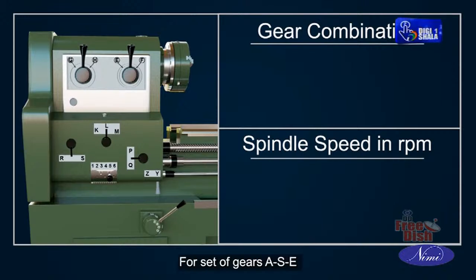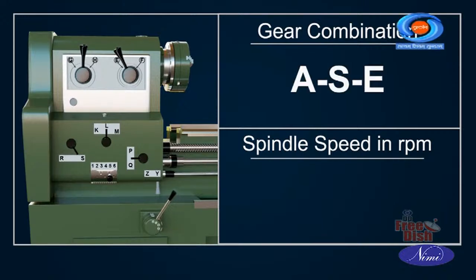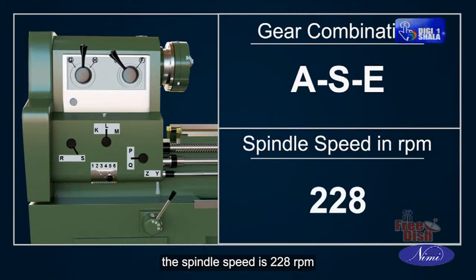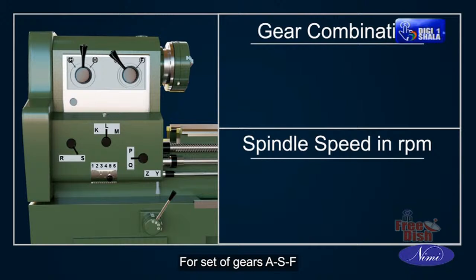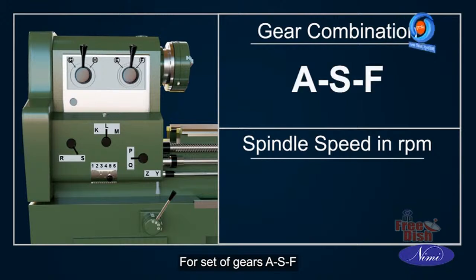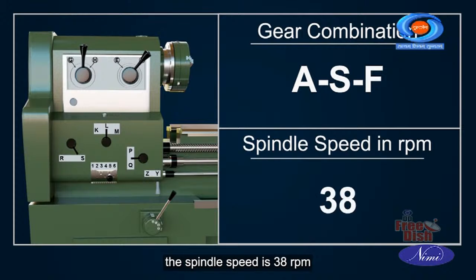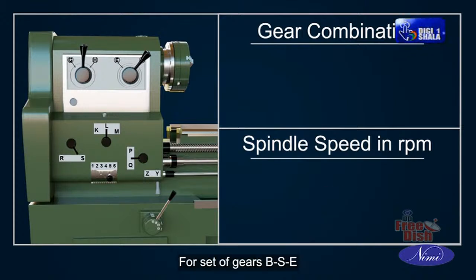For set of gears ASE, the spindle speed is 228 rpm. For set of gears ASF, the spindle speed is 38 rpm. For set of gears